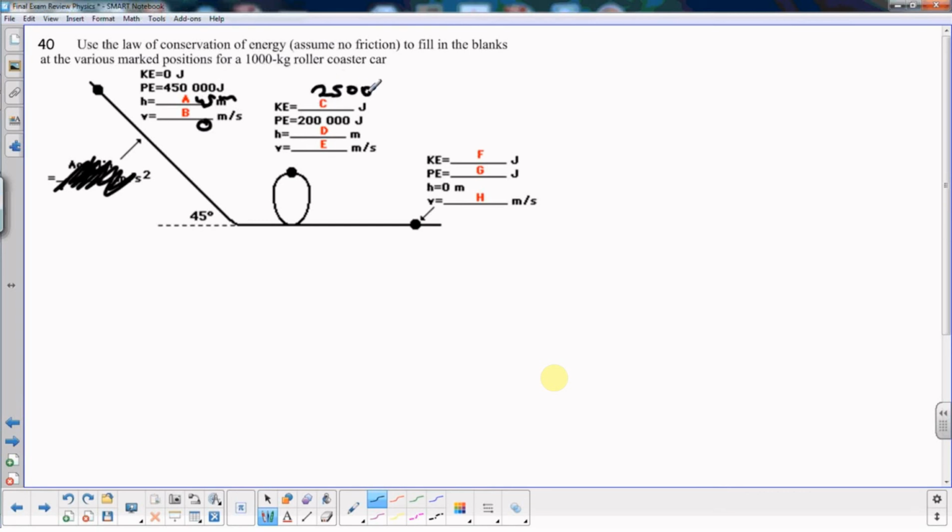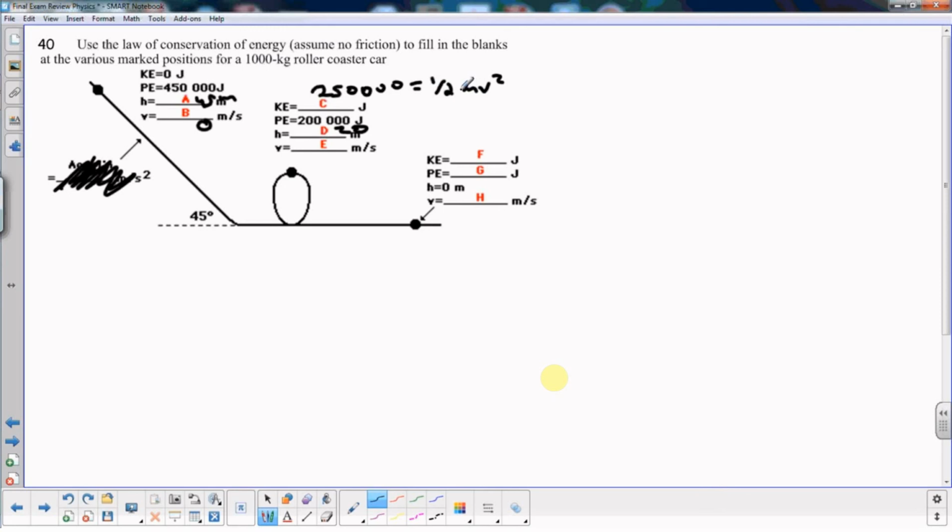Our H is going to be 20 meters for MGH. Our velocity, we're going to use this to do 1/2 mv squared. And our mass is 1,000. So 250,000 times 2 divided by 1,000. Because now, we multiply both sides by 2, then divide by the m. Now you can take the square root. It's going to be 22